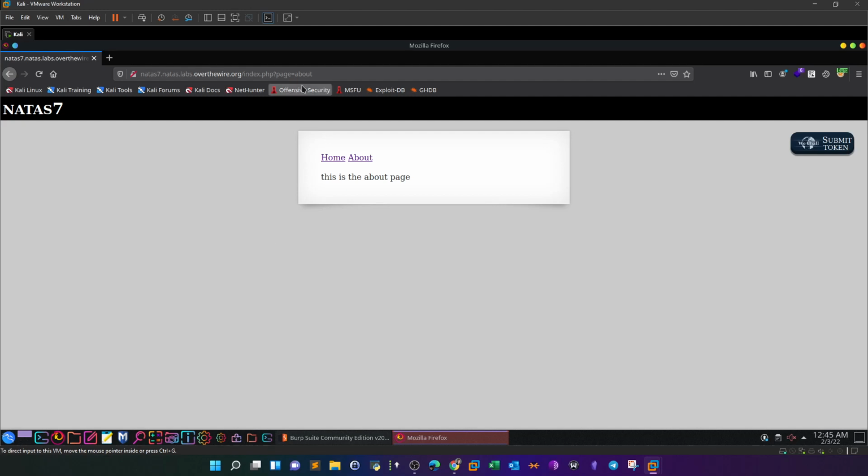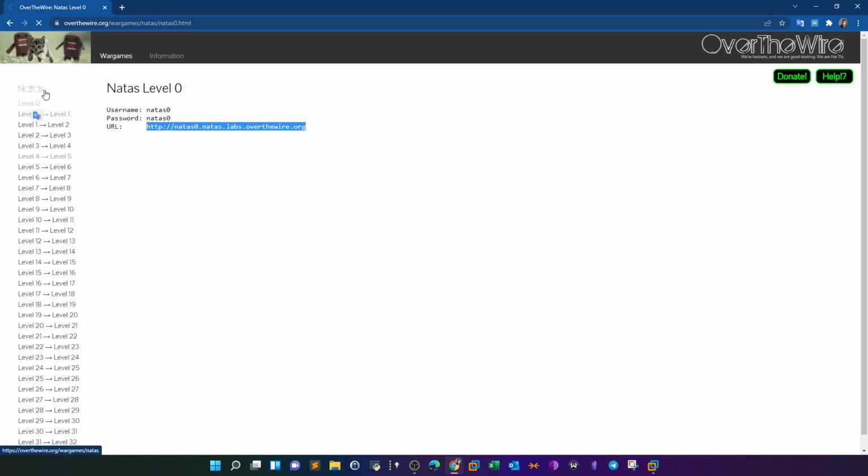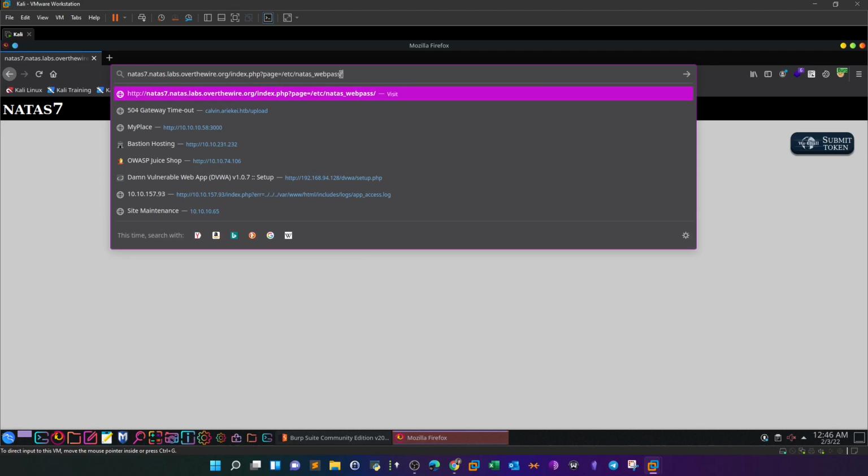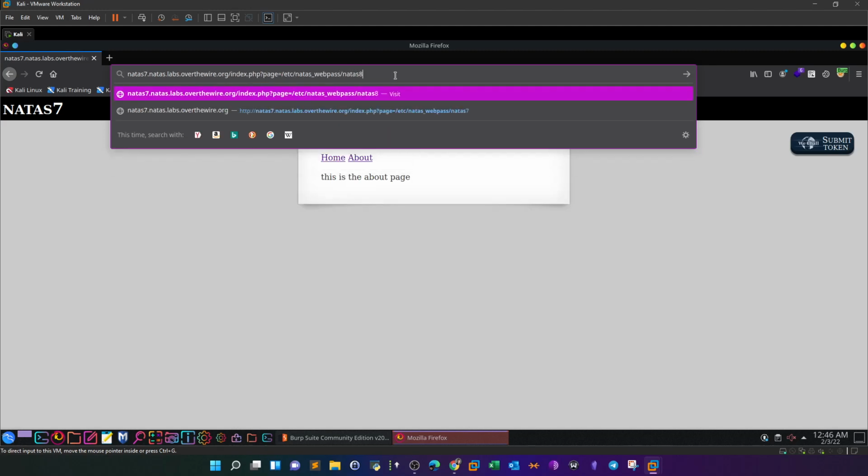So what do we do now? Since we have a URL parameter here and there is a value, the first thing we can try is local file inclusion vulnerability. Now, local file inclusion vulnerability is a vulnerability where the URL parameter on the current page allows you to open other files on the web server, because there is no validation on the user input provided as a value to this parameter. And we know beforehand that all of the passwords, if you go back to the challenge premise, all passwords are stored in /etc/natas_webpass. So let's try to visit this file